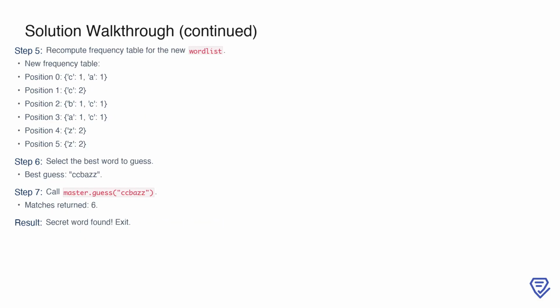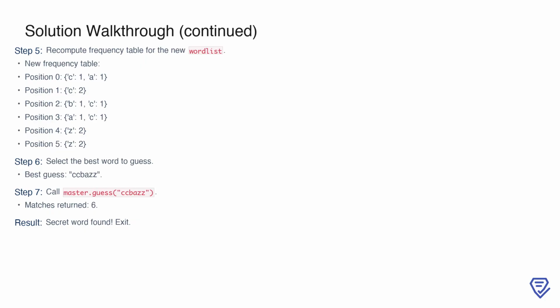With the filtered word list, we recompute the frequency table based on the remaining words. The updated table reflects the reduced set of words, with frequencies recalculated for each position. Using this new table, we determine the best word to guess next, which is kbaz. Calling master.guess with kbaz returns 6 matches, confirming that this is indeed the secret word. Having successfully identified the secret word, we can now exit the process. This example demonstrates how the solution systematically narrows down the word list and uses frequency analysis to make optimal guesses